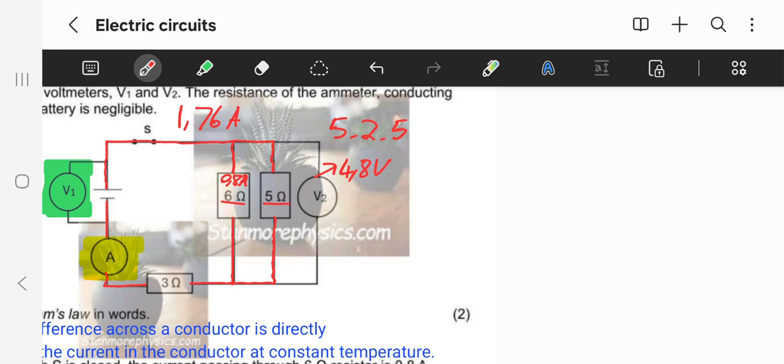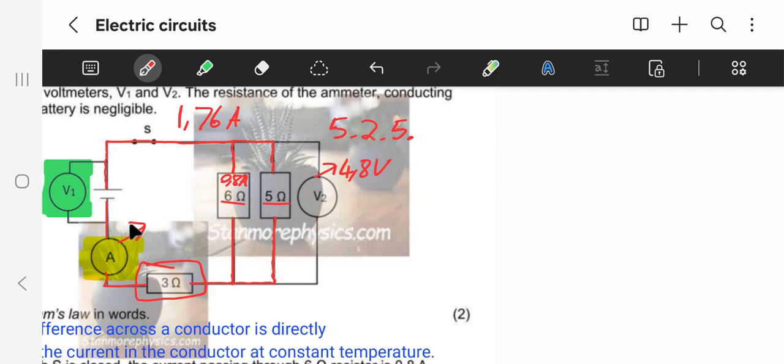But for us to find the total voltage, we also need to know what is the voltage on this 3 ohm resistor. That's one way of doing this. We have two ways of actually answering this question. So I'm gonna start with the easy way. The easy way is to remember that